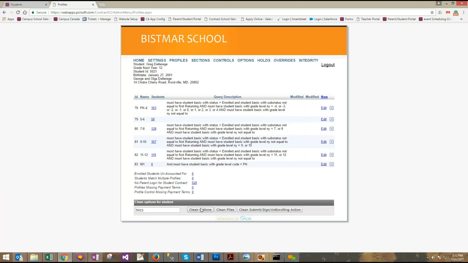If they have submitted the contract already and I need them to redo the whole contract, I will need to clean all three of these items. So just click your clean options, clean files, that's the PDFs that are generated, and clean submit, or the submit on enrolling actions. So it allows them to restart their contract. So those are the functions of the profile screen. You can break down your contract into different levels, whether it's tuition-based or fee-based, whatever your breakdown is, and it allows you to see where you are in terms of your filters, your logins, and stuff like that. Then also to reset contracts,